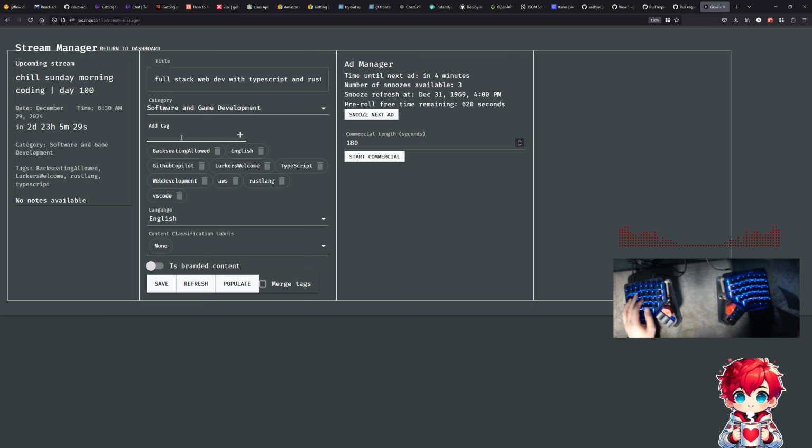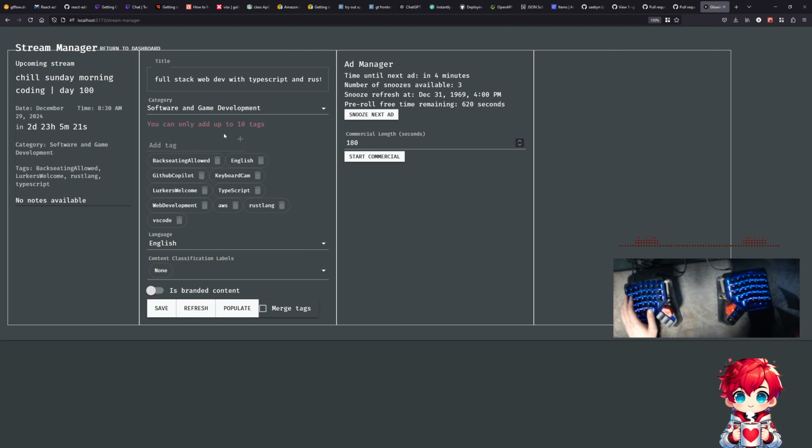Let's try something. Oh yeah, so I didn't add. I'm gonna do something risky. Yeah, and that maxes out the number of tags, but that did add, right? Okay, I'm gonna do something risky. So in the past, when we were working on this, I was using a mock API. So now it's not. So if I click save,